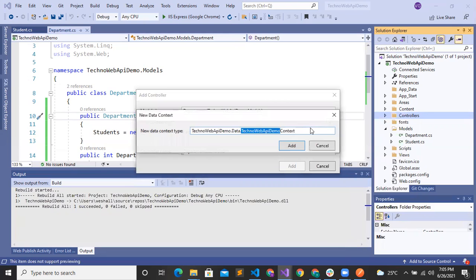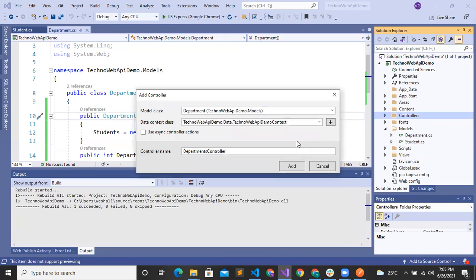Create the DB context class. If you want to give a new name, you can also give one. I will change the context class name to TechnoDBContext. I will use async actions.